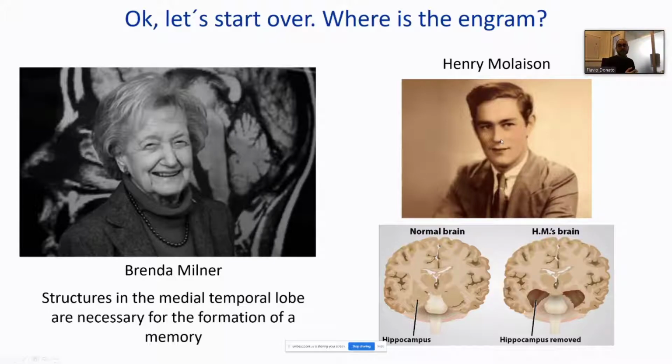And she immediately understood that this was an impairment in the ability to produce new memories of personal experience. Most importantly, he was not impaired for a very short period of time. He could remember something for a few hours, but after those few hours, memories would be lost. So she was the first one, together with her co-workers, to suggest that structures in the medial temporal lobe are necessary for the formation of a memory trace that is able to last long and become a long-lasting memory in the human brain.